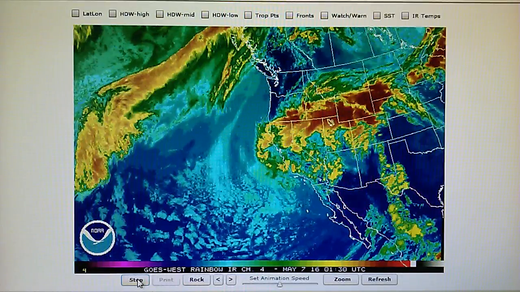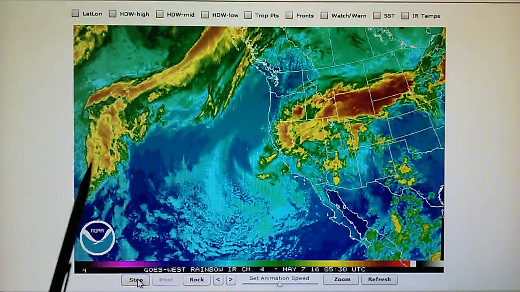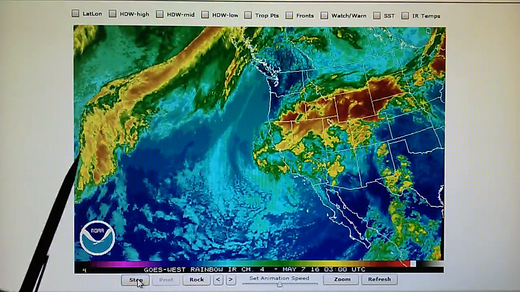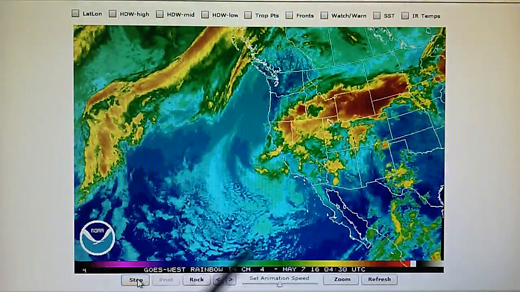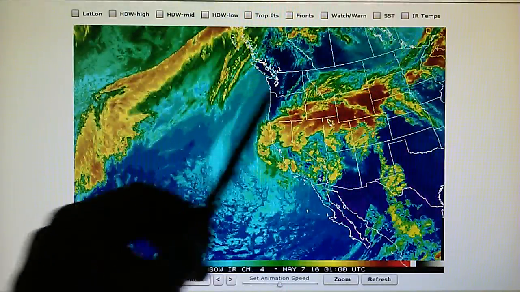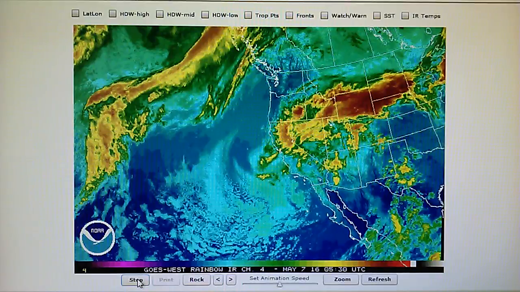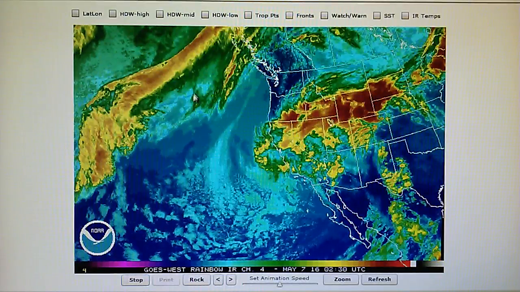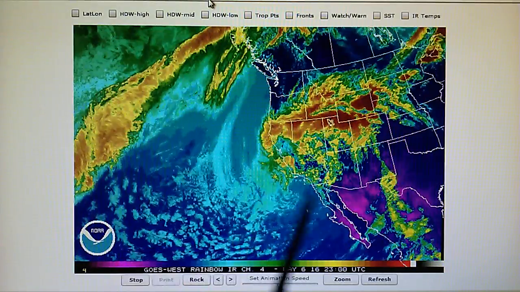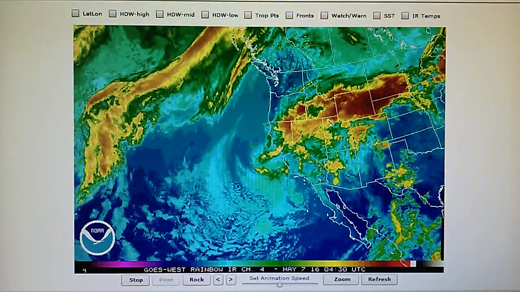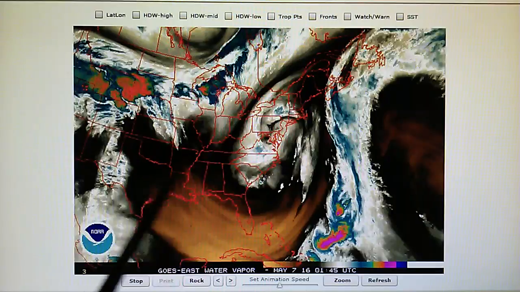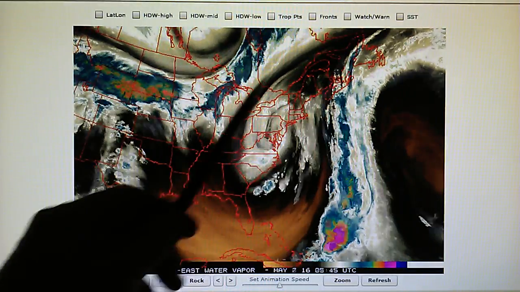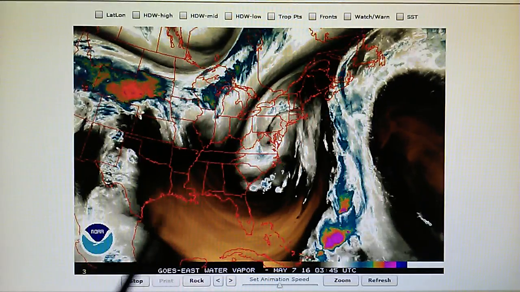So that's what's happening. And then also we have a flow here. There's a developing gale way out over here, and that is being steered out of the way with all this high pressure that's on top of this system, keeping it in place. Now let's go take a look why this system here is parked in place. If we look at the East Coast, look what's happening here. We have an even larger low pressure system spinning here, and this has a transmitter. We can see all that heat